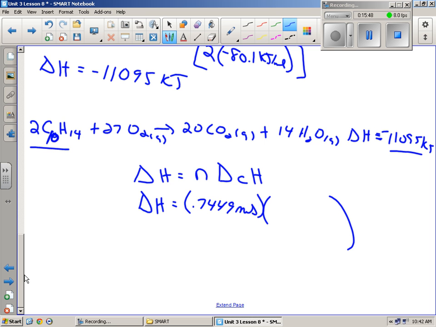Well, for 2 moles I have this many kilojoules, so the molar enthalpy is, of course, that divided by 2, right? So 11,095 divided by 2 is the molar enthalpy of combustion of C10H14. That's how much energy I get released per mole. So I multiply those 2 numbers together, and you should get,